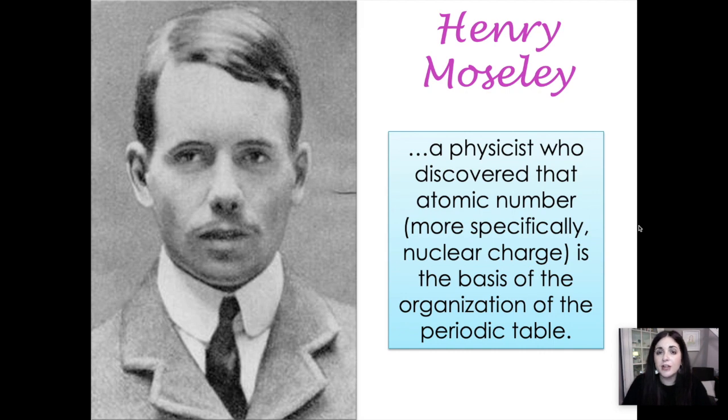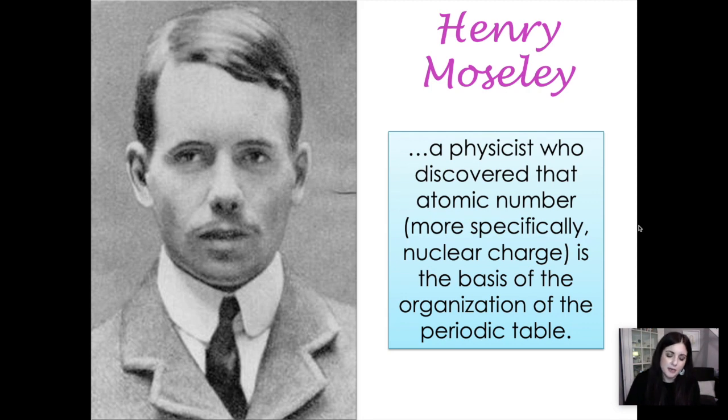We now know, however, if you look at a periodic table, it's not actually organized by atomic mass. And that's where this man, Henry Moseley, came into play. He was a physicist. And you're going to find that a lot of chemistry discoveries were made by physicists in a way, because in order to really understand chemistry, you have to know how chemistry works and why it works the way that it does. Physics helps to describe chemistry, which is why a lot of physicists are credited with these discoveries. So Henry Moseley discovered that it was atomic number, not necessarily the mass, that was the basis of organization